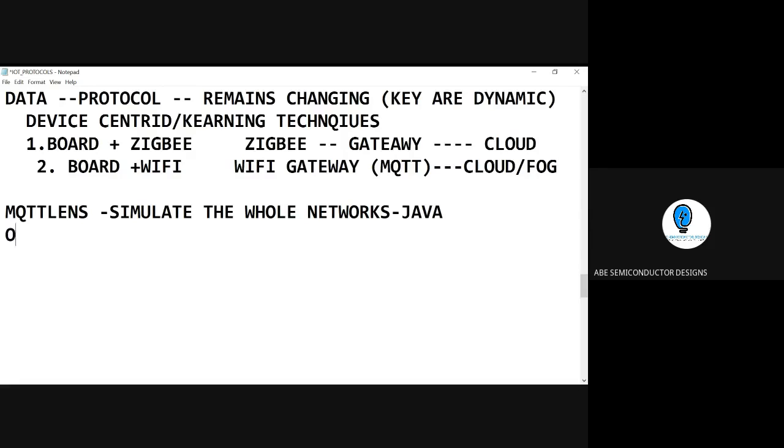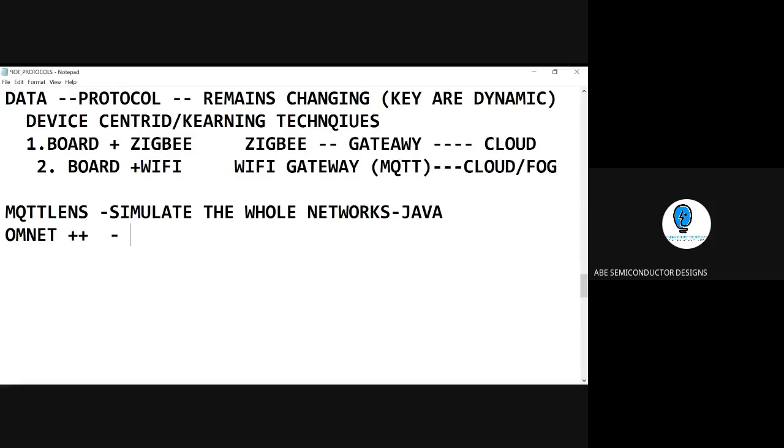Next, you can use OMNeT++. This is another tool with which you can simulate the same IoT scenario with the MQTT protocol, and you can utilize it for the application you want.